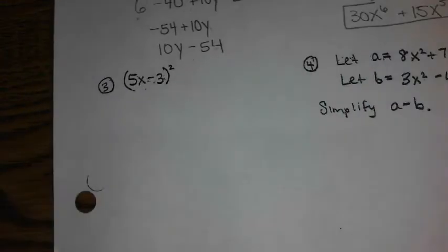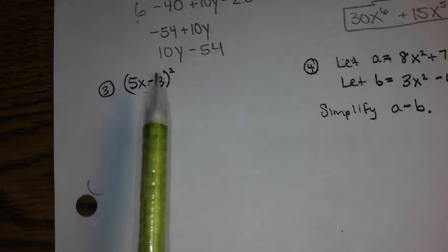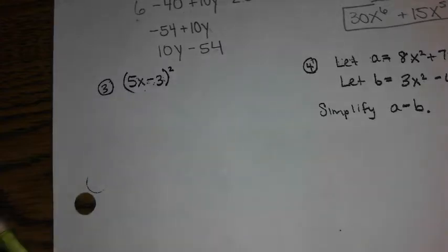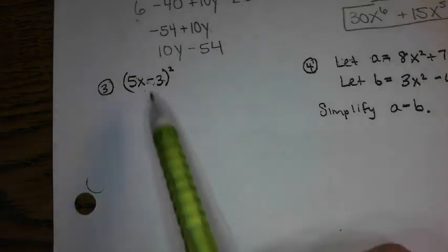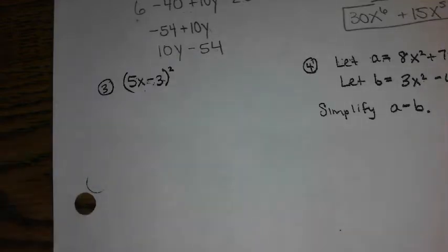All right, so number 3. Who can look at that right away and tell me the twist? What does everybody forget to do, Olivia? Double distribute. This is a scenario where a lot of people will make the mistake of squaring this, calling it a day. And that would be incorrect, okay? When you are squaring a polynomial, which is something that's more than one term, separated by pluses and minuses, you have to expand,